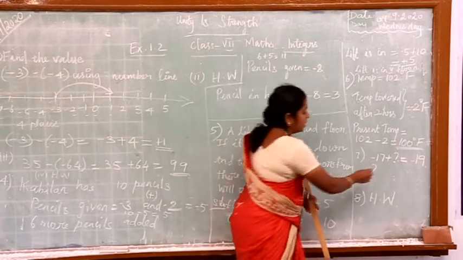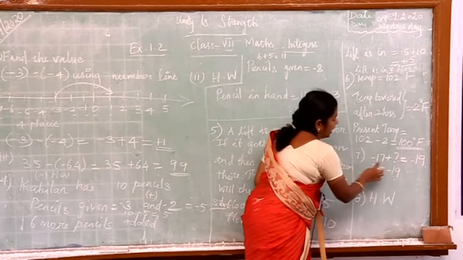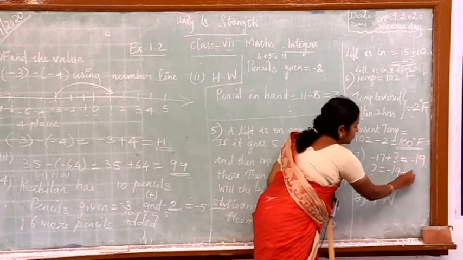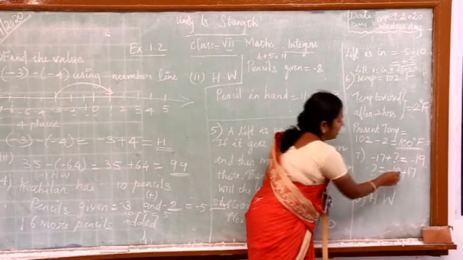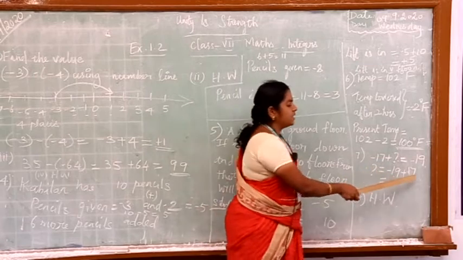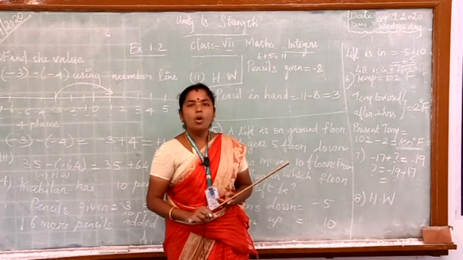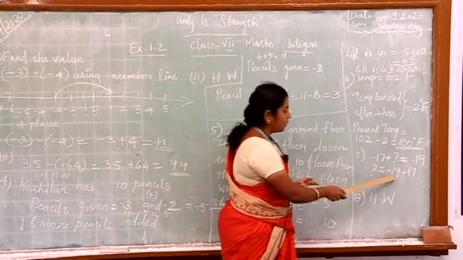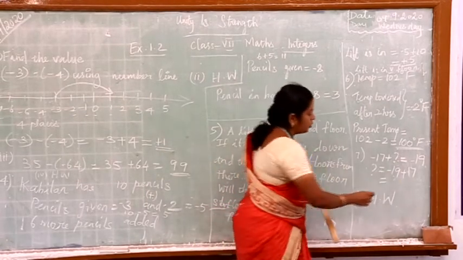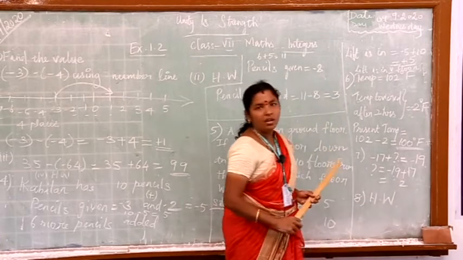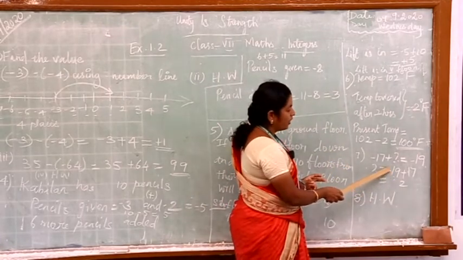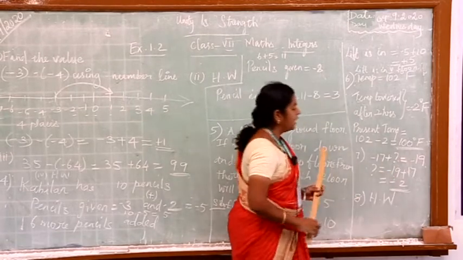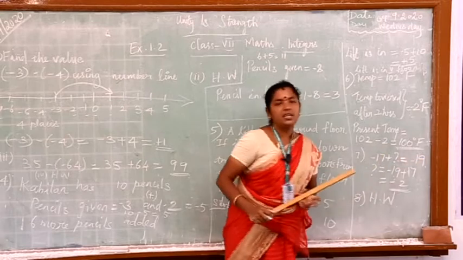Okay. So which is equal to minus 19, taking this minus 17 to the other side as plus 17. So now you can see here minus 19 and plus 17, opposite signs you have. Opposite sign, you have to subtract and give the greater number's sign. We are going to subtract 19 and 17, it is 2. Which is the greater number? Minus 19. So we are going to give this sign to the answer. So minus 2 should be added to minus 17 to get minus 19.